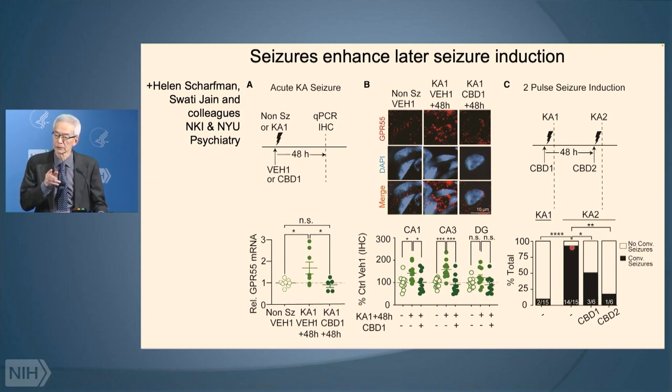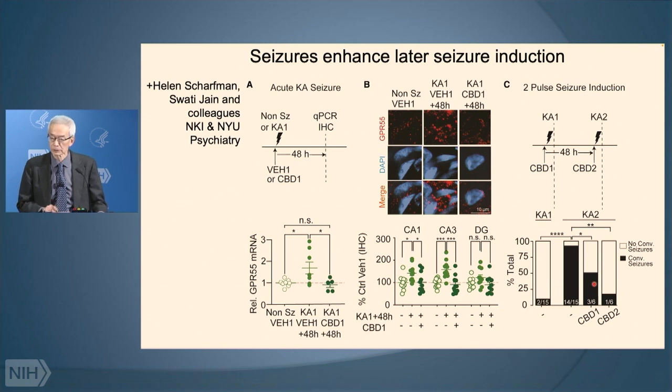First one doesn't do much, second one does a lot, presumably because of the after effect of the first seizure. Now, if we treat with CBD just before the second dose of kainate, then we prevent the seizures. That would be expected. But more importantly, if we treat with CBD during the first exposure to kainate, then the likelihood of seeing seizures is cut in half. That means that the trail left behind by the first seizure is dependent on whether CBD was present.